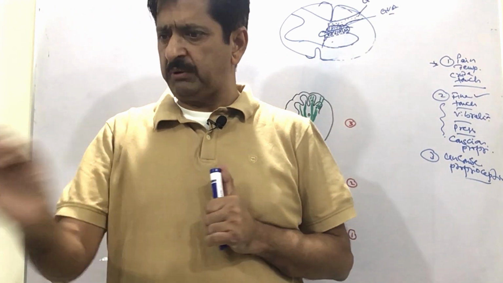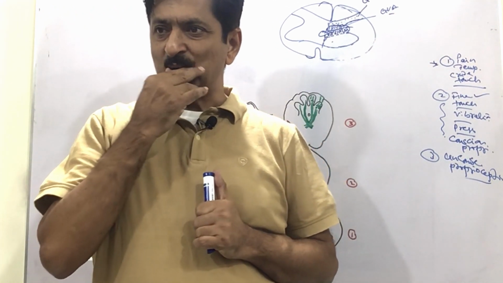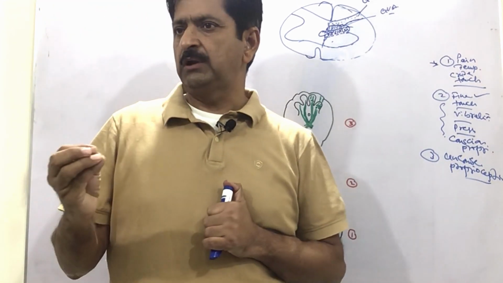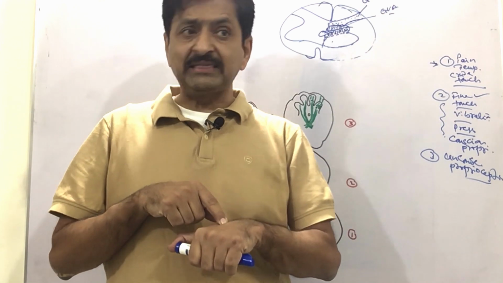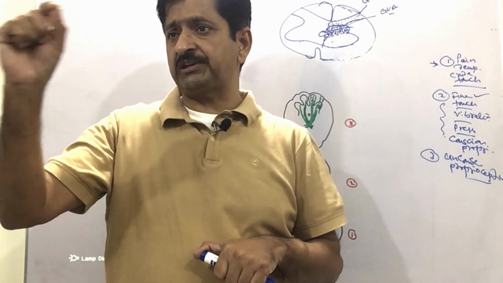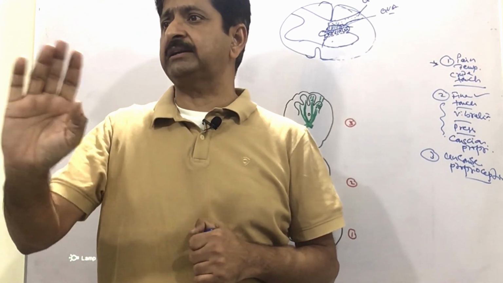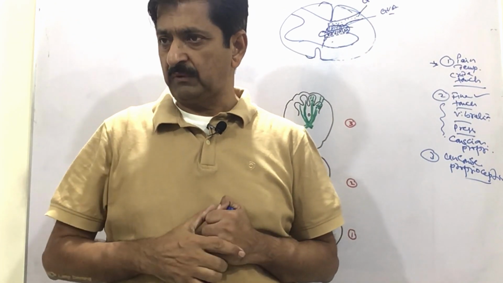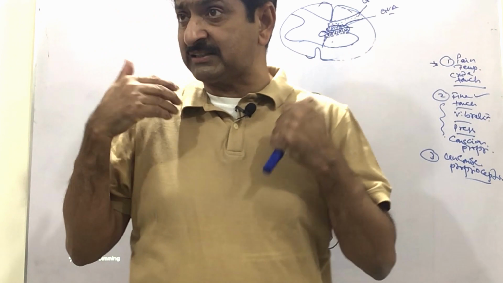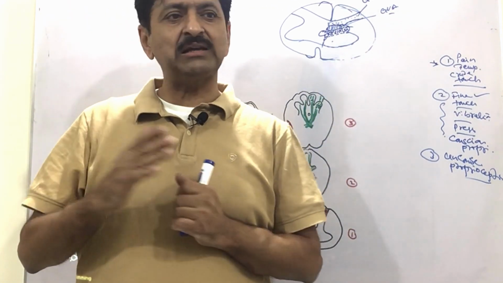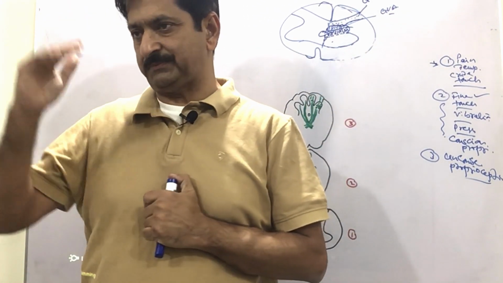It's not just general, but in the special senses also. You actually have 5 steps through which it starts and is generated, and then it reaches the final destination, that is your cerebral cortex. At least up to the cerebral cortex you have to carry them. Though from the cerebral cortex onward there are certain other stages also, but these stages are called the higher intellectual functions.